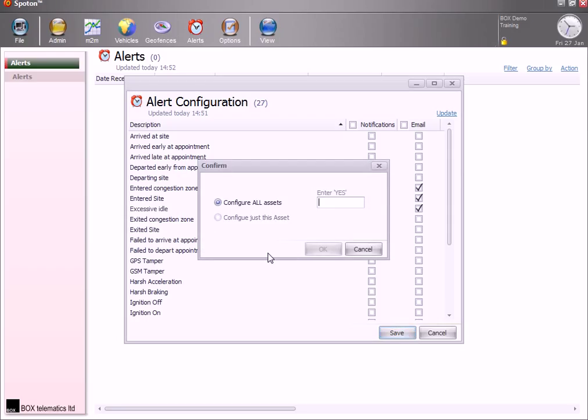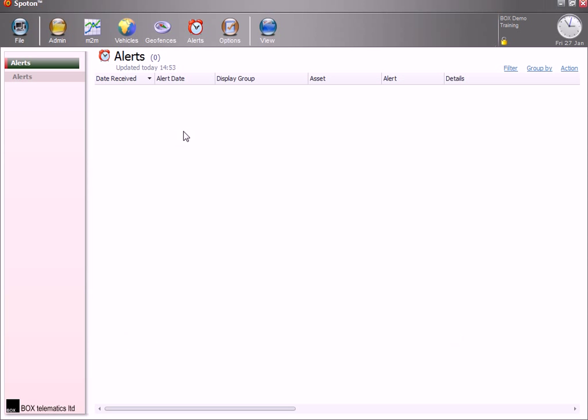Now you'll get an option here to configure all assets, which will basically mean every single vehicle on your fleet. Do you want to be receiving these type of alerts that you've just selected for every single vehicle? Now to double check that you don't do this by mistake, you do have to enter yes in that screen and then press OK. Now I'm not going to do that because it's going to set us up some alerts that we don't want. There is an option for configure just this asset, and I'll show you how to get to that in a second. So if we cancel off that